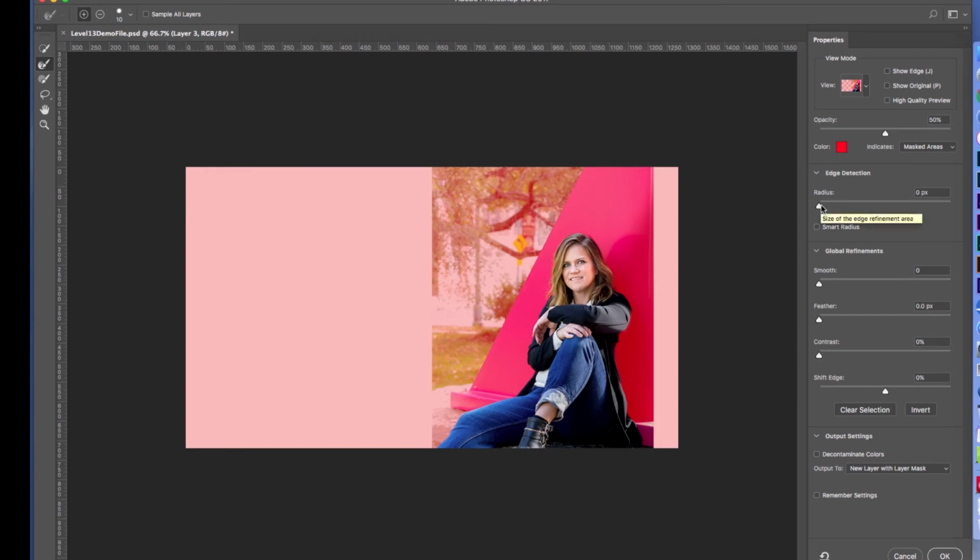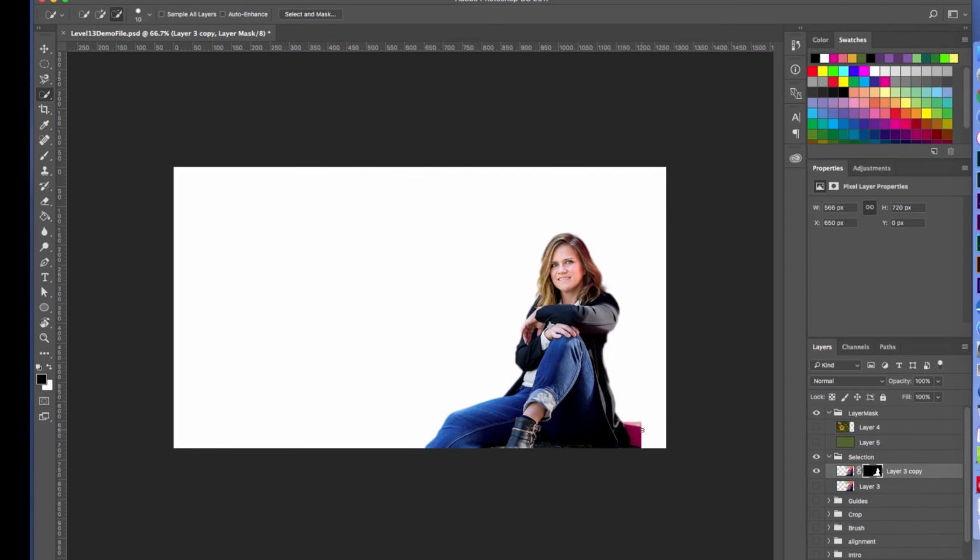Now that I'm done, there's some options in here that smooth out my selection. I'm going to do just a little bit of that. I'm going to feather it just a tiny bit, and feathering just means it fades out the selection. And I'm going to go about maybe 1 pixel. And I'm going to shift the edge a little bit, like 1%. And I'm going to click this decontaminate color so it gets rid of the background color. And if you see output to new layer with mask, you have lots of different options, but new layer with mask is probably one of your best. Because now we're going to do this and we're going to click OK. And you'll see, now we lost a little of that,